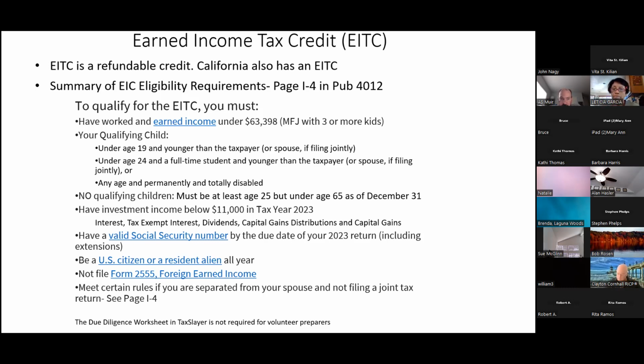I had a paying client who had a 2555, and that's exactly what we had to do. I had to determine all of the income he earned. We had to do a conversion from whatever, I think it's the yuan in China. He was working in China. We had to do the conversion. So the 2555 can get involved. But again, we don't do this at the St. Killian's VITA site.